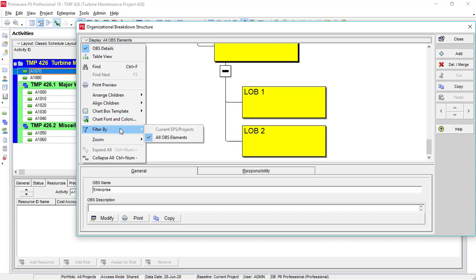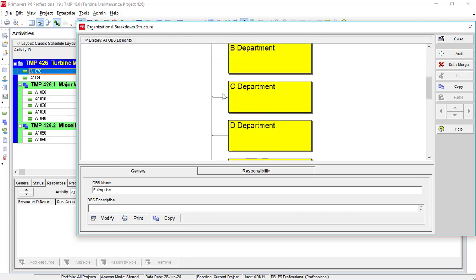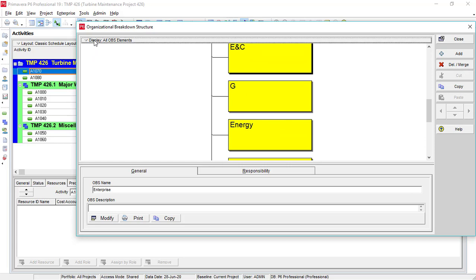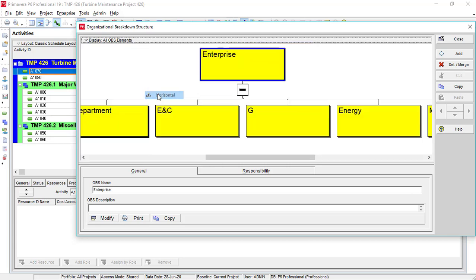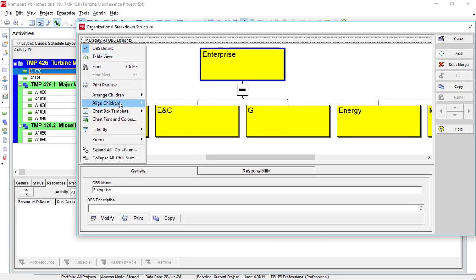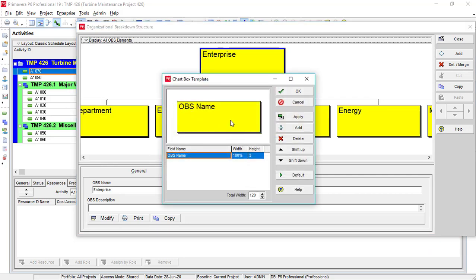From here you can filter, collapse all, and also expand all these OBS. Arrange horizontal, and you can see I arranged all these OBS horizontally, and from here you can customize the text which you want.